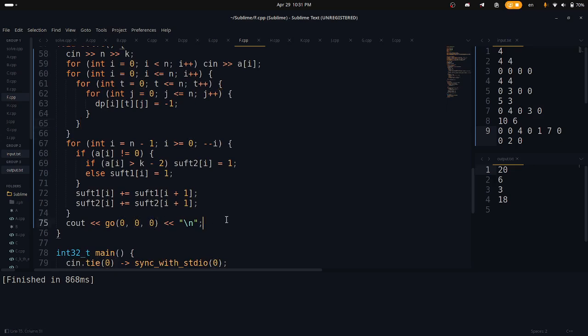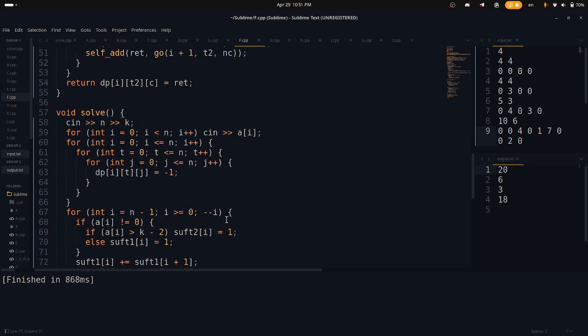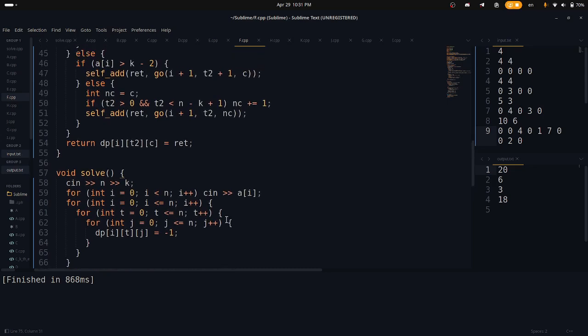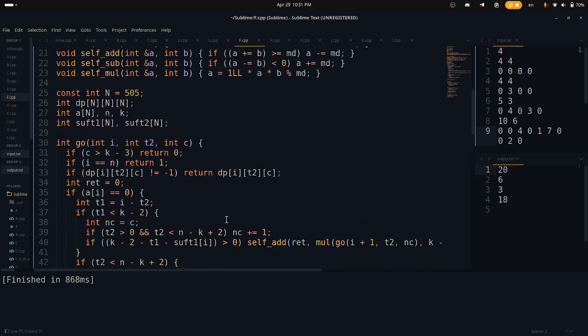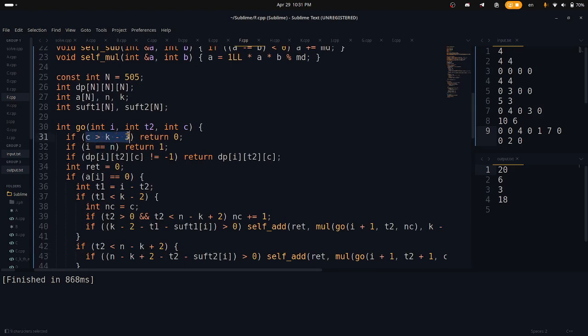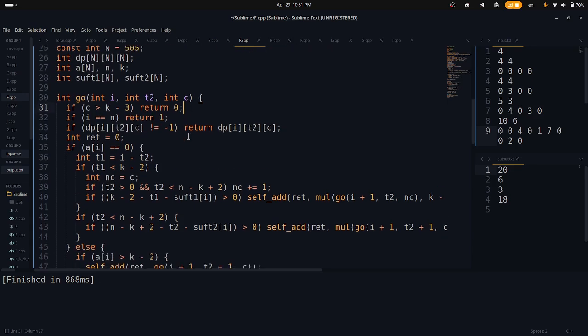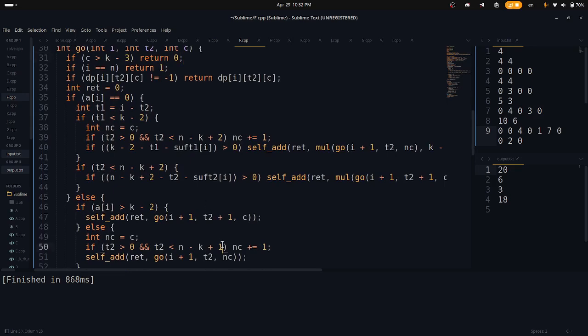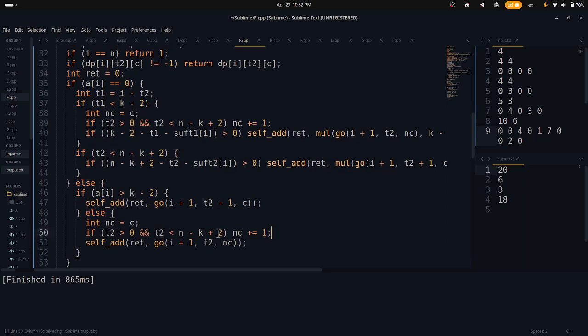Zero, and count is also 0. If the middle count is greater than k minus 3, so we return 0. Oh, why is it plus 1? Okay, but still wrong. But why